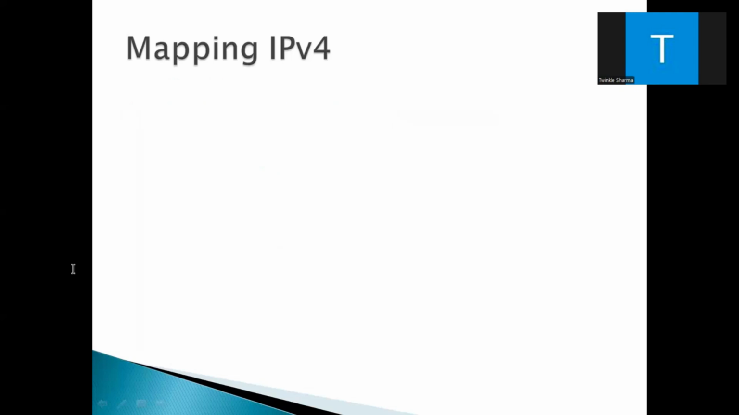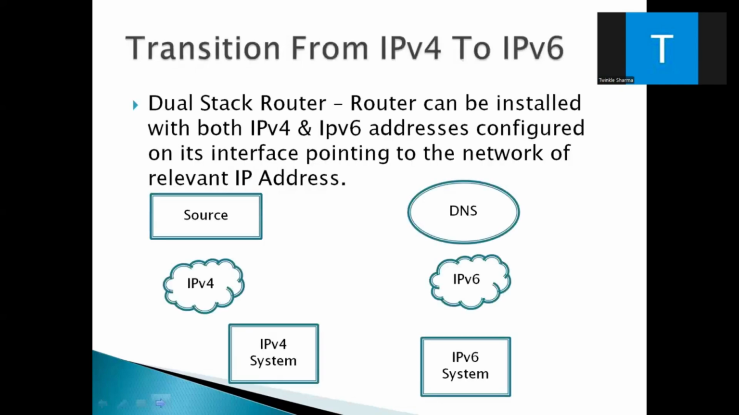Then we proceed. Then we have transitions from IPv4 to IPv6. Dual stack router: a router can be installed with both IPv4 and IPv6 addresses configured on its interface, pointing to the network of relevant IP address. If we have a device, just like we have the source of both IPv4 and IPv6, if we have the request,